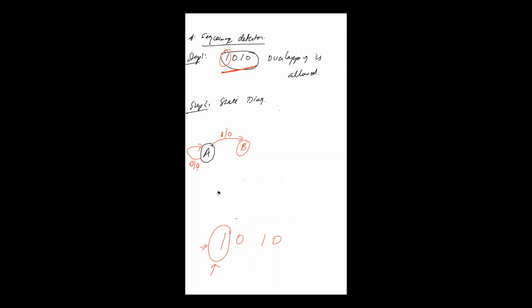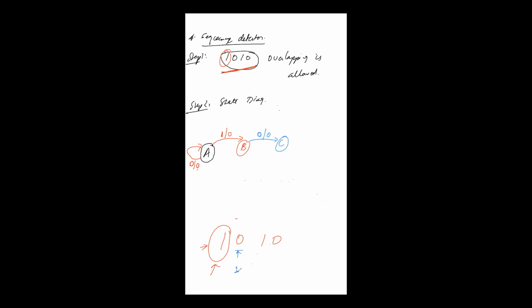Now consider state B. If in state B you are getting 0, the next bit you have to get is 0. You are at state B and you are getting 0, so you will move to the next state, that is, consider that C. If you give input 0, you go to C. Output is 0 only because right now the sequence is not detected. Another possibility is that you can get a 1 also, right?